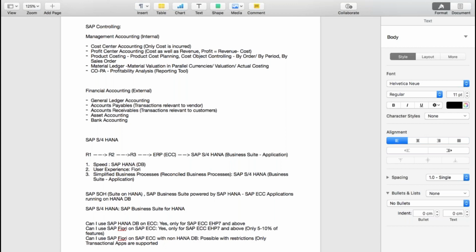You will not be able to perform any analytics without the HANA database. Although practically possible, out of this 5-10%, you are now left with only 2%. So I can use Fiori, but only 2% of the actual benefits that I get with S4HANA.